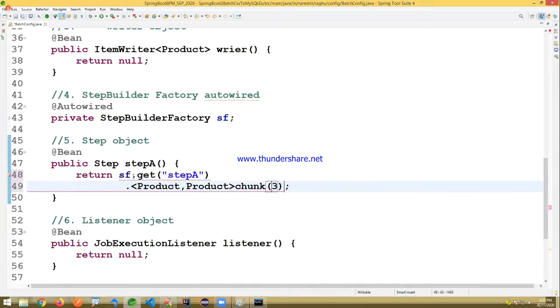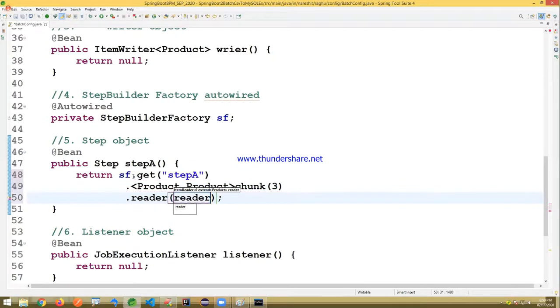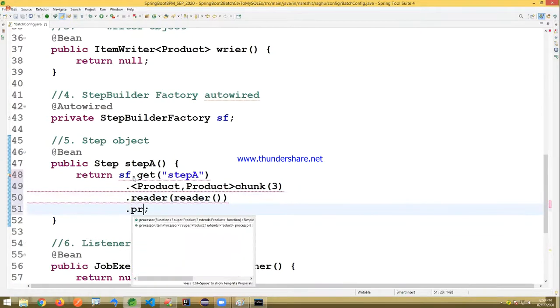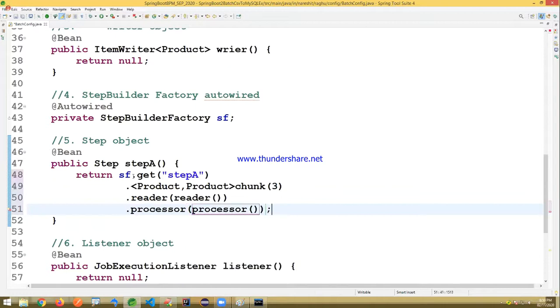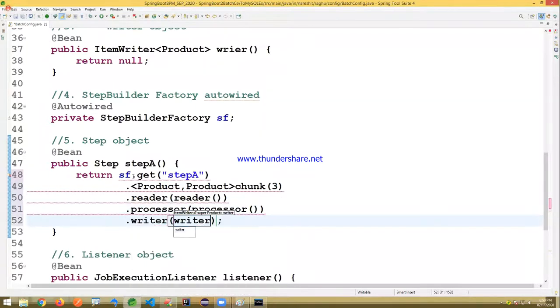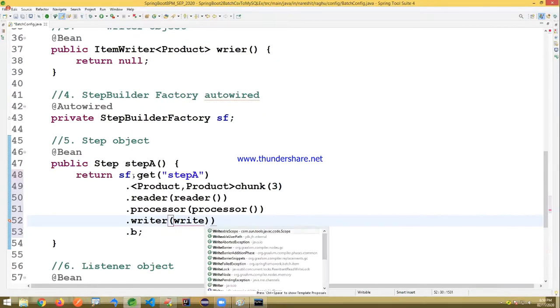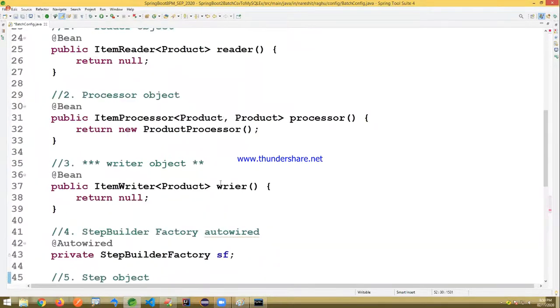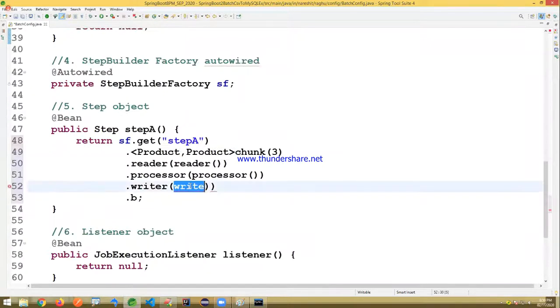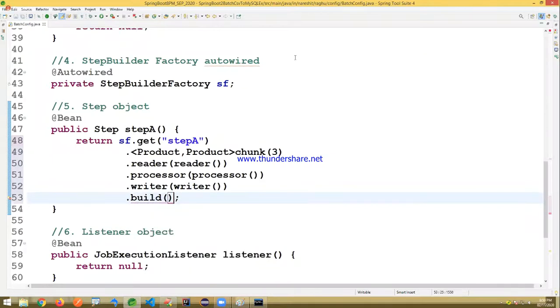I'm just giving 3 dot reader object dot processor object dot writer object dot build. That's fine.